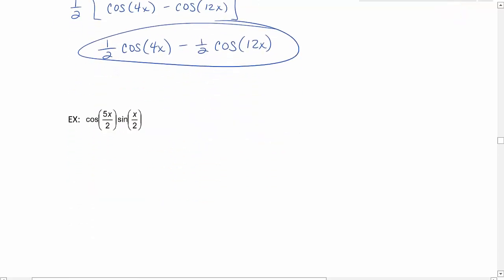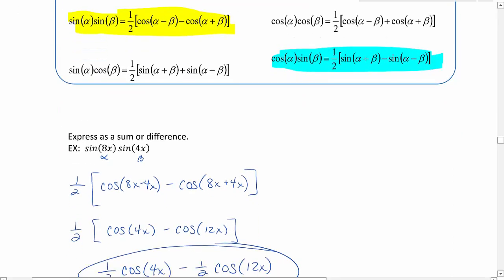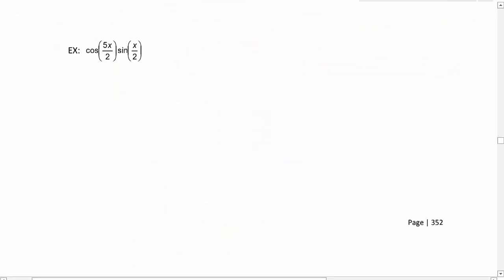Try another one. Cosine of 5x over 2 times sine of x over 2. So here we have cosine times sine. We're going to use our cosine times sine formula, where 5x over 2 is our alpha and x over 2 is our beta. We'll have 1/2 times the quantity